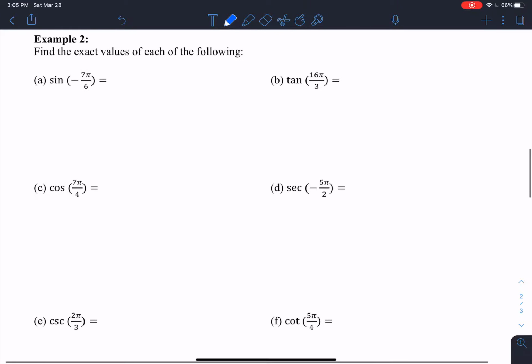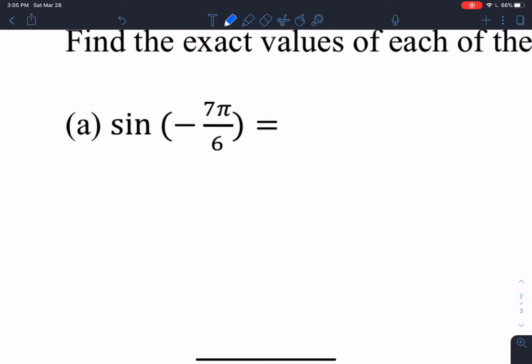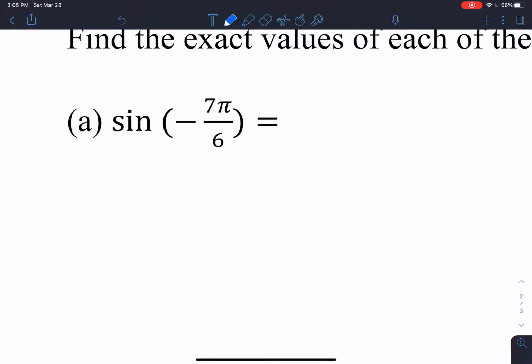All right, so then let's work on, again, coming up with the exact values based off of the angle that we're talking about. Okay, so this first one, sine of negative 7 pi over 6. Okay, so my angle that I'm working with, right, is pi over 6. Okay, so the coordinate at pi over 6, right, is root 3 over 2, comma, 1/2. Now you guys can look on the unit circle